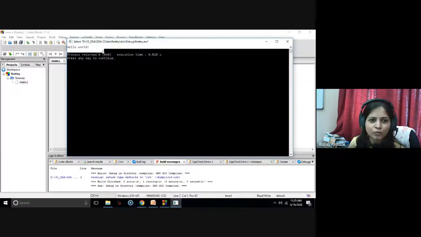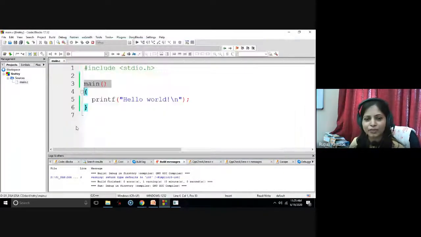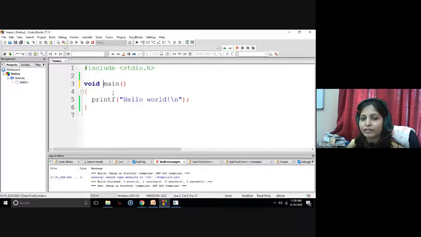What is the meaning of these two round brackets in C? Function. Yes, function. It indicates this is a function. And what is the name of this function? Main is the name of the function.